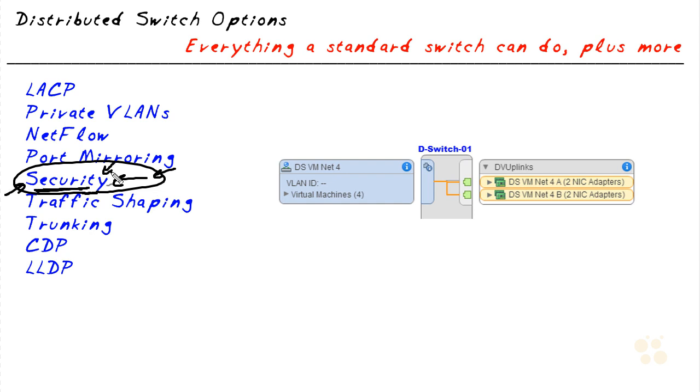And those same three features regarding security are found on a standard switch as well, except the defaults are different. On a distributed switch, the default is reject for all three of them. Traffic shaping, the slowing down of traffic, is also very similar to that on a standard switch, except it adds